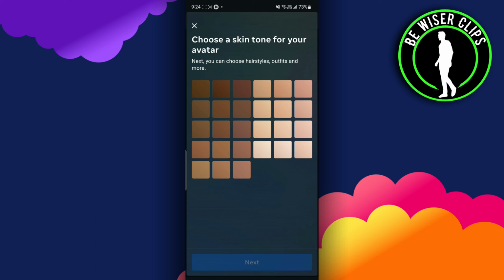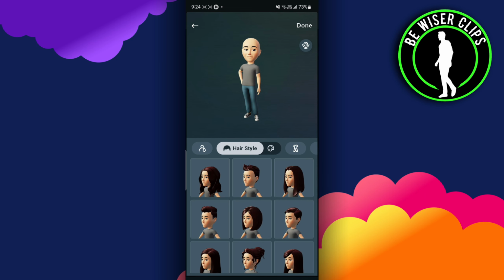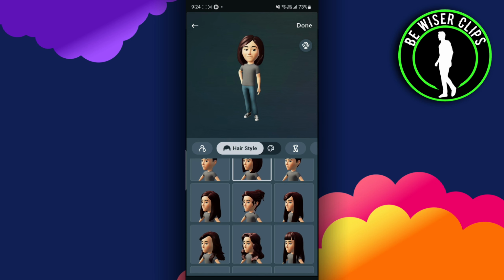You have to click on get started and you have to choose the skin tone of your avatar, like I have just chosen related to mine, and then you have to choose the hairstyle, which one you prefer over here,